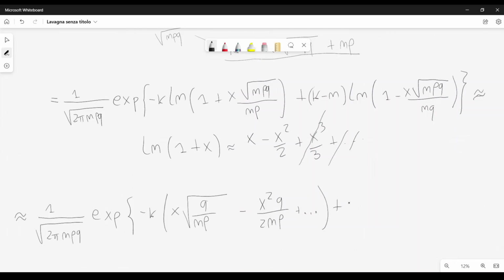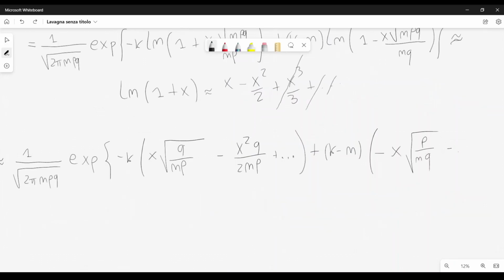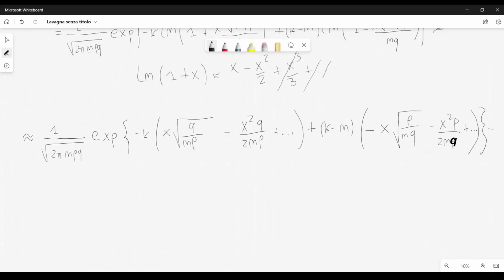Then I have plus k minus n, minus x square root of p over nq, minus x squared p divided by 2nq plus higher order terms. Let me close the curly brackets, and this is equal to